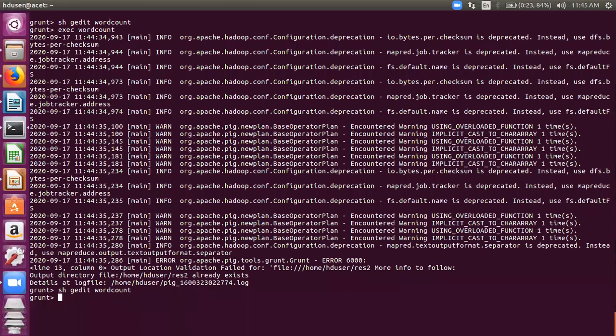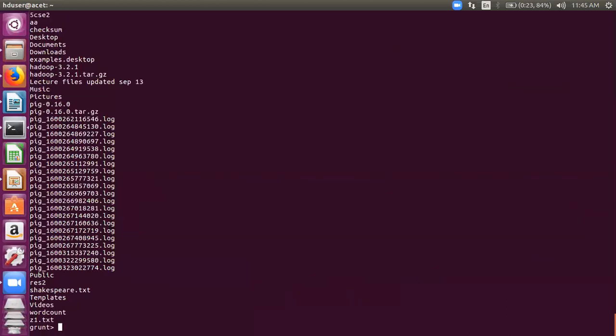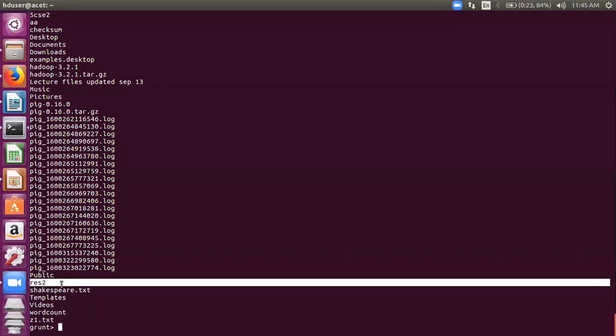in our local file system, shls -l. Can you see res2 is already there? Can you see it here? So अगर आपने डायरेक्टरी स्पेसिफाई की है टू स्टोर योर रिजल्ट्स और वो डायरेक्टरी एग्जिस्ट करती है, तो ये आपका कमांड एरर दे देगा. तो इसको यहाँ से रिमूव करने में हेल्प करो, res2 को रिमूव करना है,